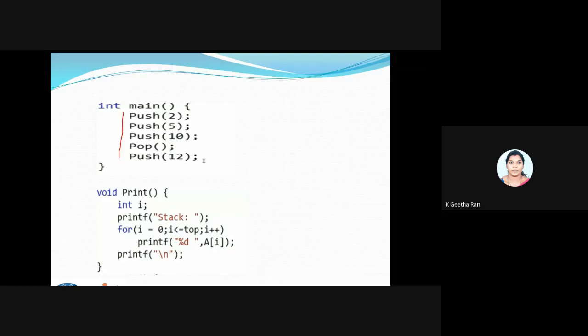Now what I'm doing here is making print a separate function, void print. What this print does is use a for loop to get all the values from this stack, from i equal to 0 to i less than or equal to top. It iterates over all the values in the stack up to the top and prints each value. I will add this print near each operation, so once the operation has been performed, I print it.